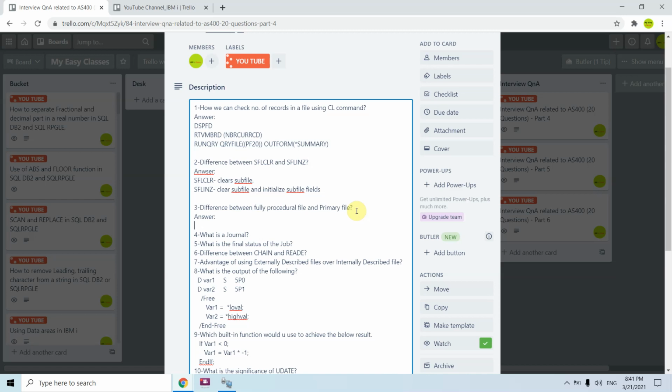But a primary file is something on which we cannot perform any such operation. We can only read that file in a single way, from beginning to end.